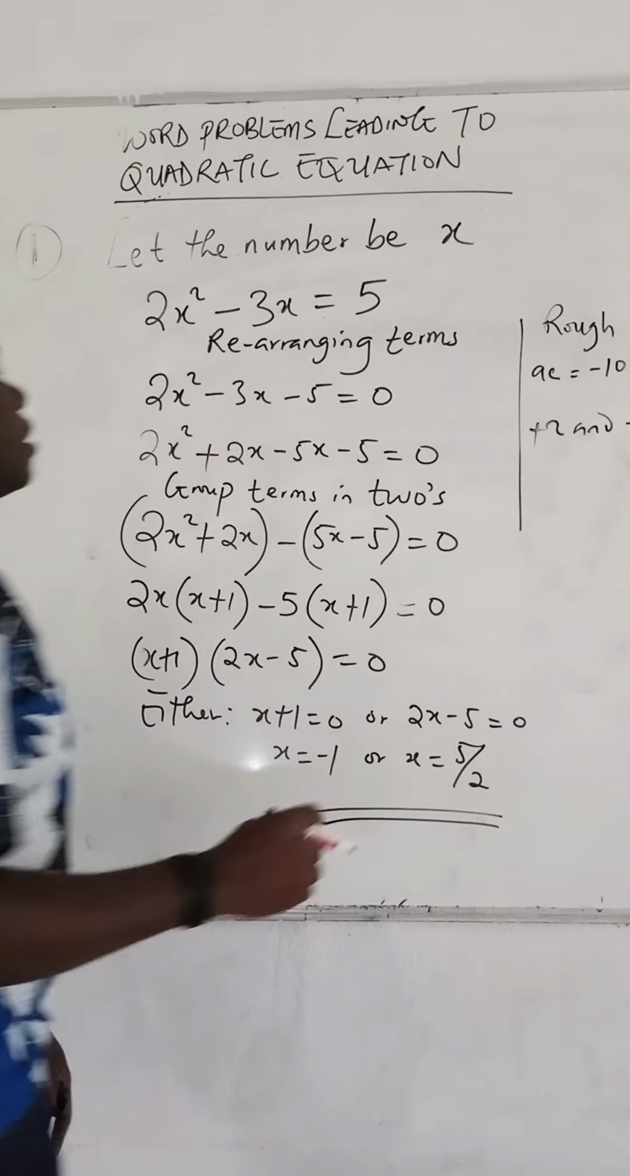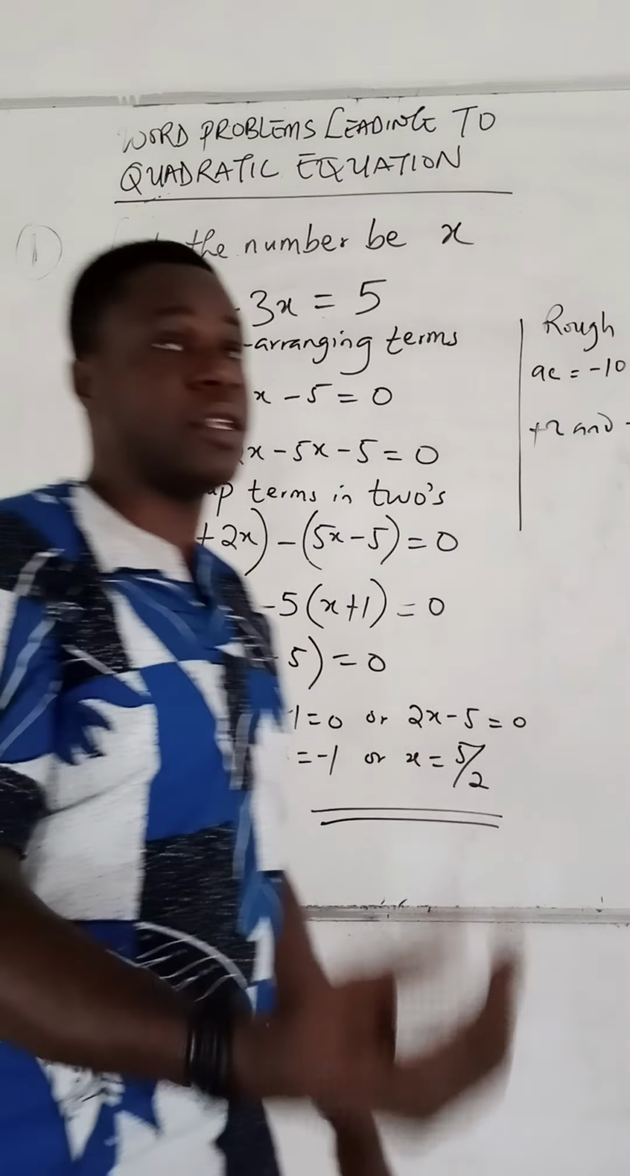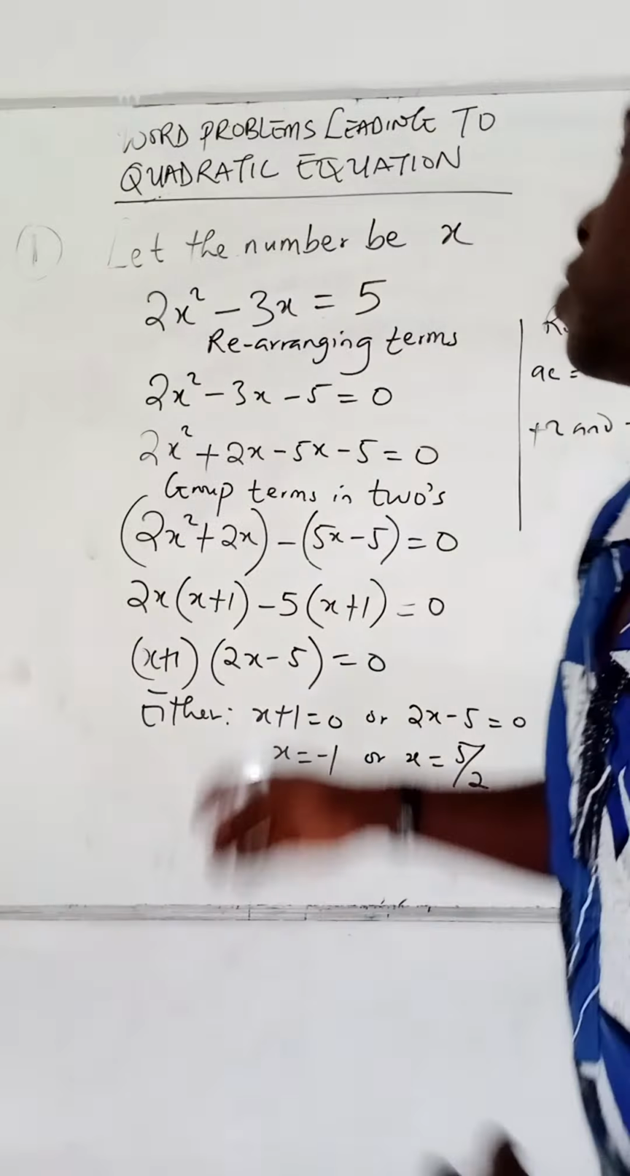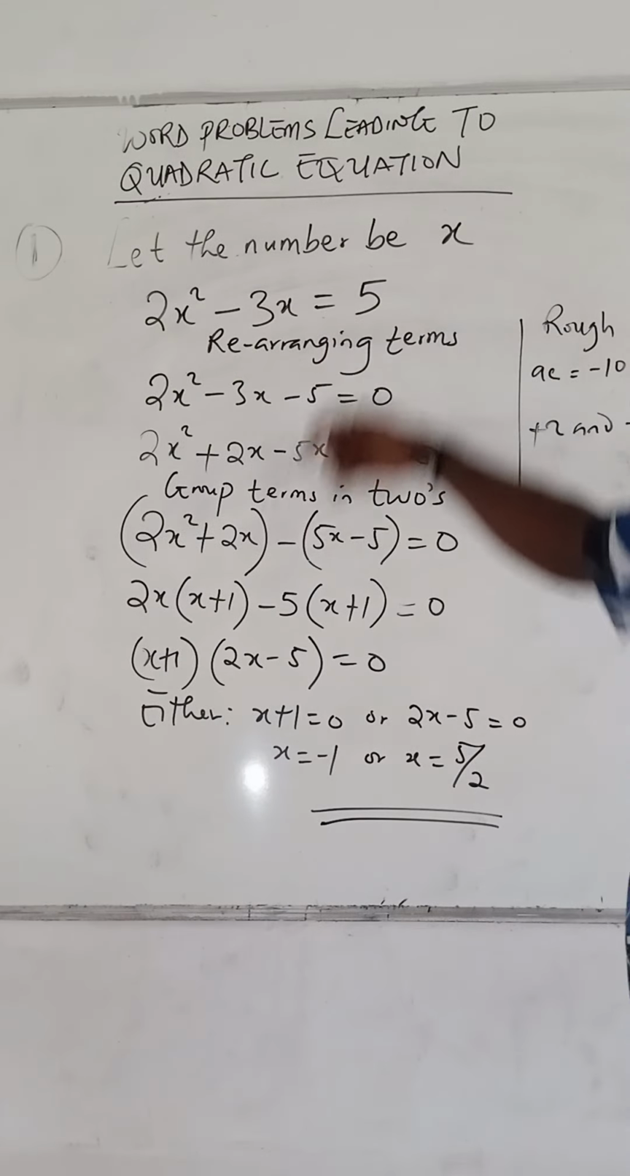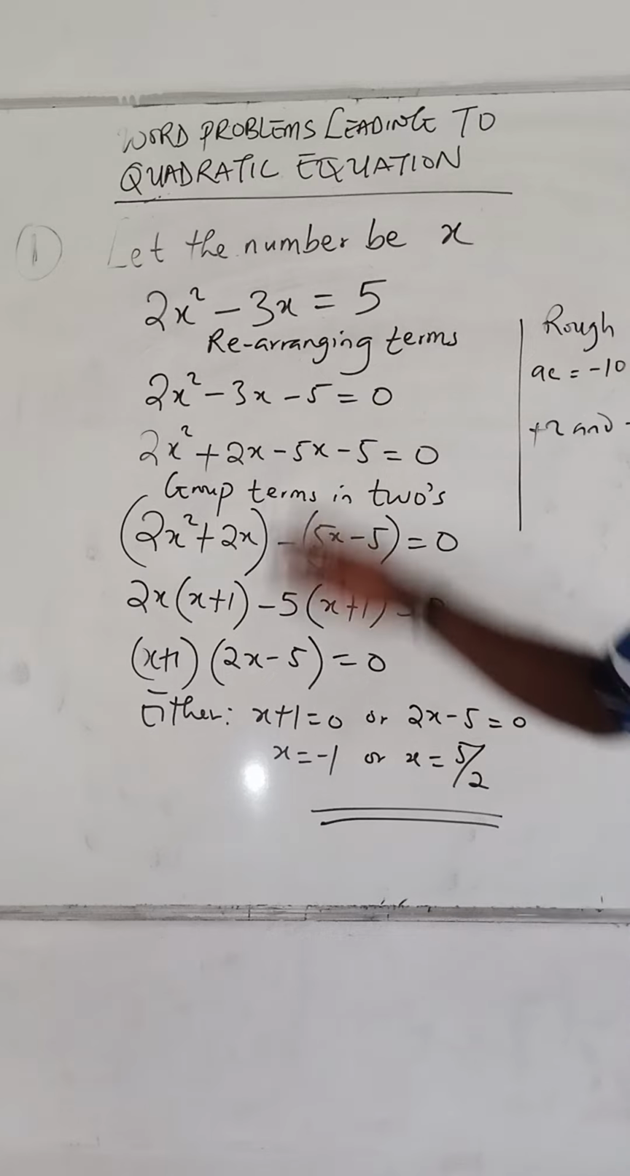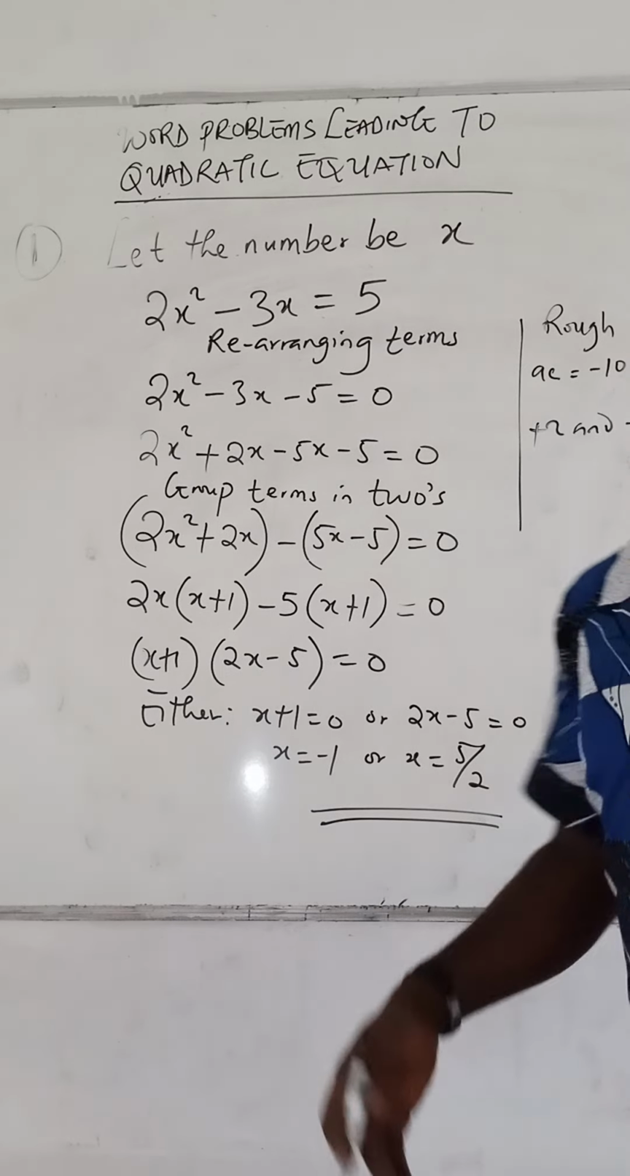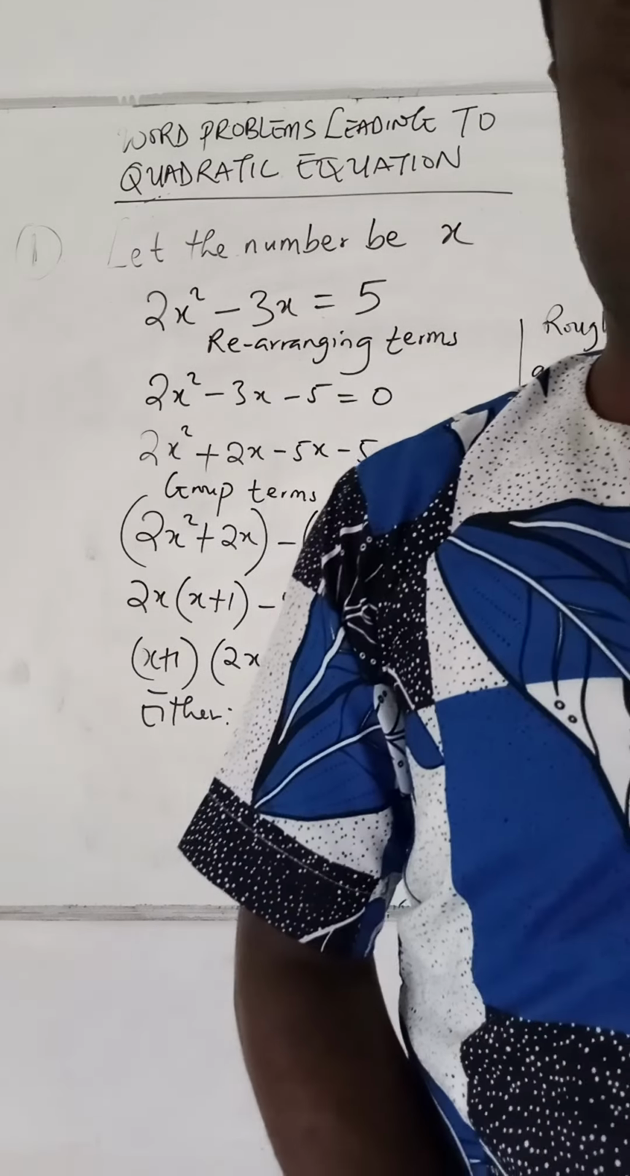So this is how to resolve the problem. First of all, you need to interpret the problem. Then when you interpret the problem correctly, it will result in a quadratic equation. Then you solve normally and get the values. The second question here is